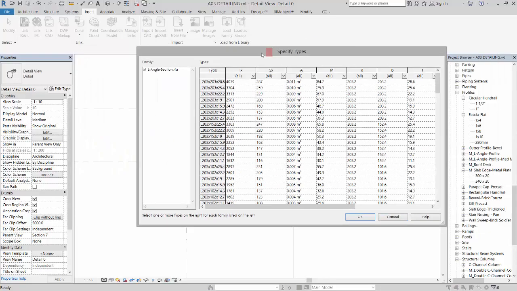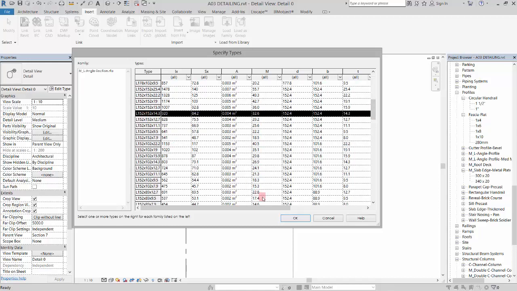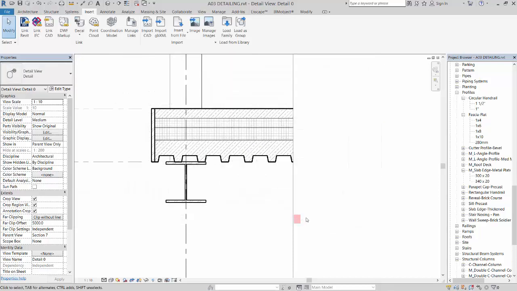Right, and it's going to open up a type dialog box, which is going to give us those sizes, and we wanted 140 by 140 by 15, so I'm just going to get something close. Looks like 152 by 152 by 14.3 is what we're going to get, and so I'm going to click OK and load that one,